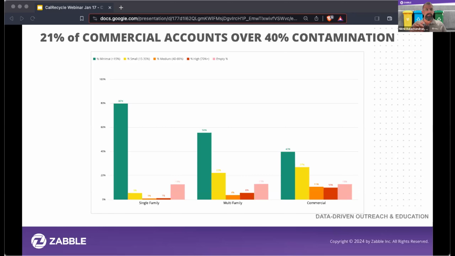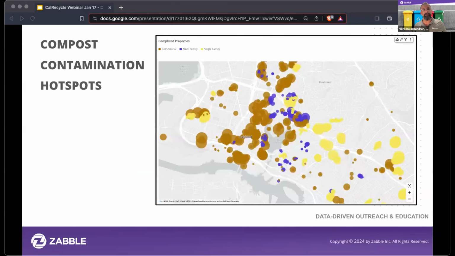For instance, the orange and the red bars make up 21% of the commercial accounts, and they were over 40% in contamination. As opposed to single family on the left-hand side, it was just 2% of single family accounts that were over 40% contamination. So this can really help narrow in on some of the outreach efforts.